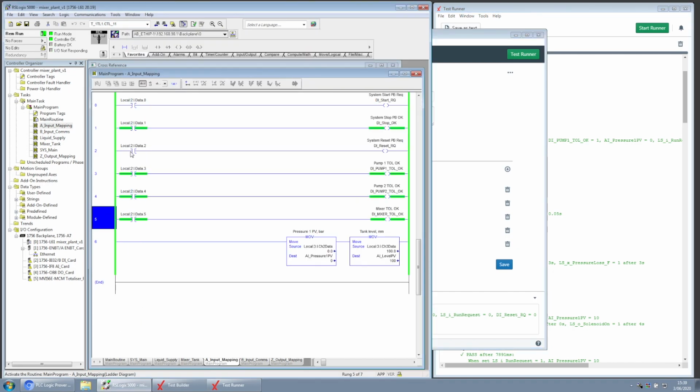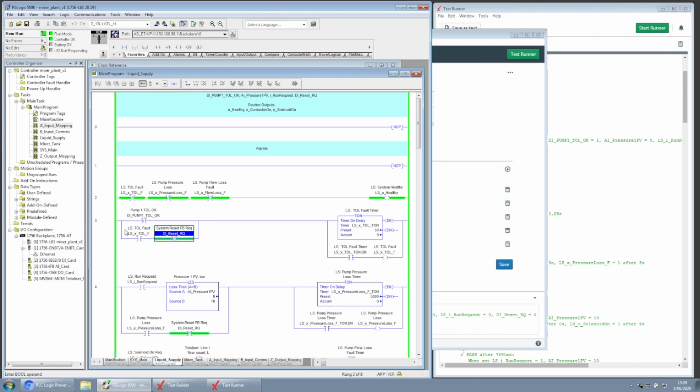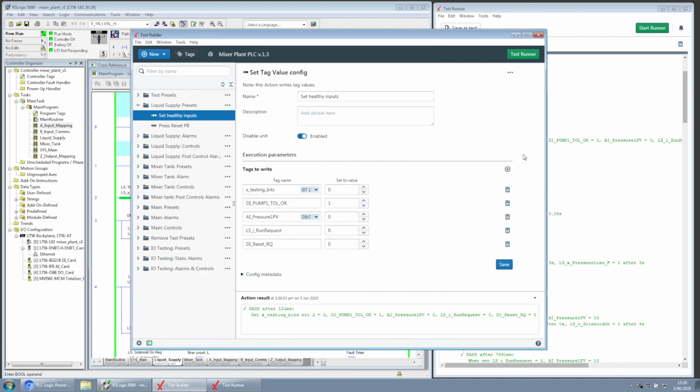So the way I write PLCs, I usually create subroutines that I can disable or enable. In this case, I can disable all of them, enable only one, and only that runs. So in this case, I need to have a few inputs and a few outputs. What I do is enable that particular subroutine after I make a healthy thermal overload for